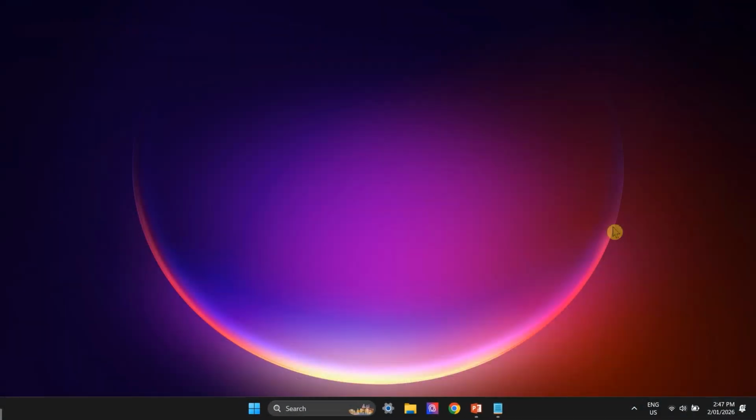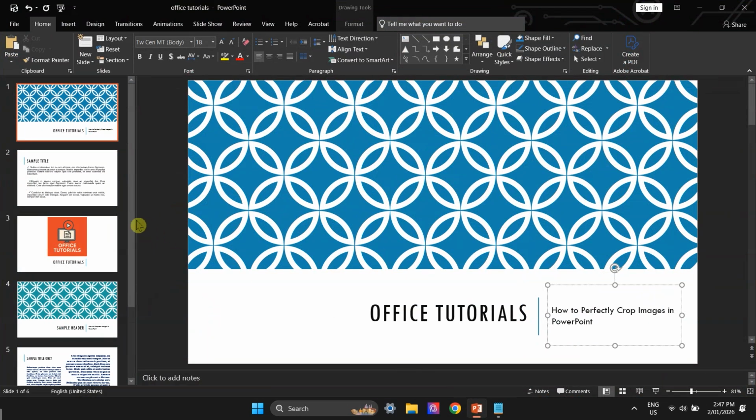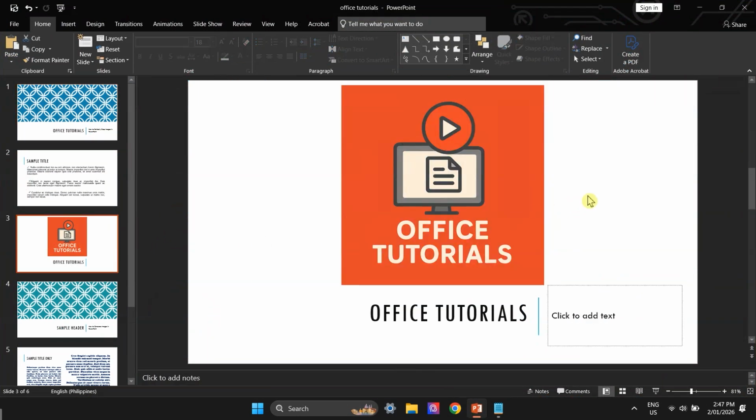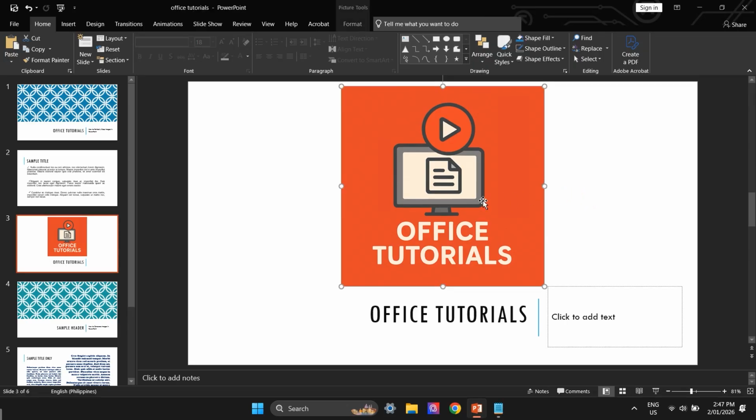PowerPoint is not just for slides packed with bullet points. It is also equipped with a robust set of tools for editing images, including a powerful cropping feature. Now with this, you can frame your message and draw the viewer's attention to the most important aspects of your slide. So to start, open up your Microsoft PowerPoint presentation on your screen, select your image, and then the Picture Format